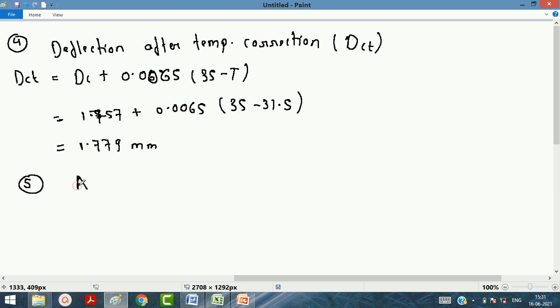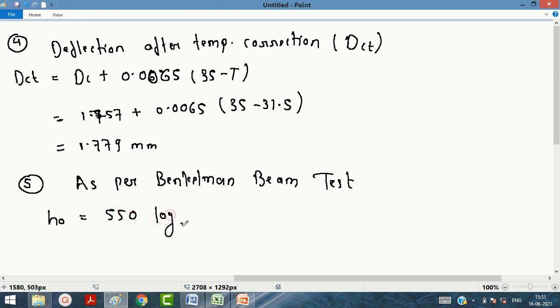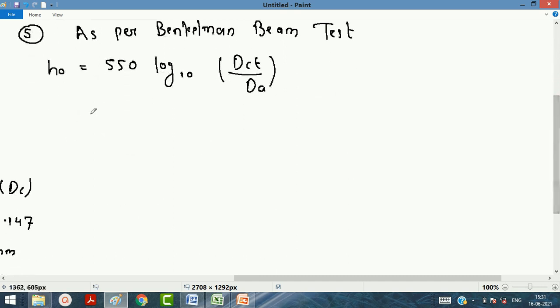As per the Benkelman beam test, H naught is equal to 550 log base 10 of dct divided by dA. So for dA,